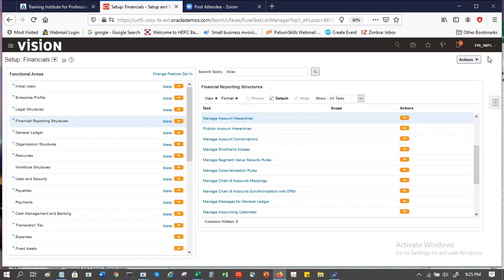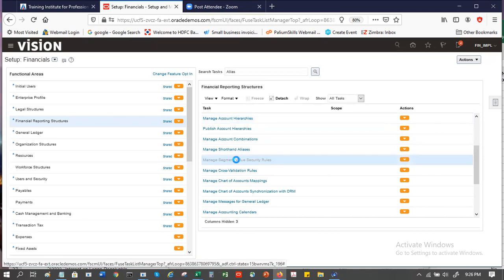And the segment value security rule is also the same concept, correct? Yes, but how it works, can you open and see? Yeah, sure. Because here there is no responsibility concept.